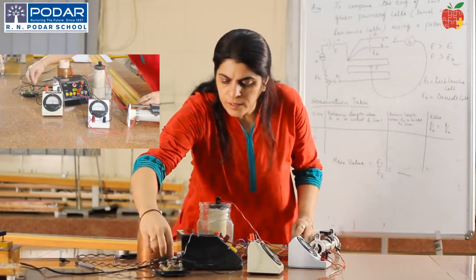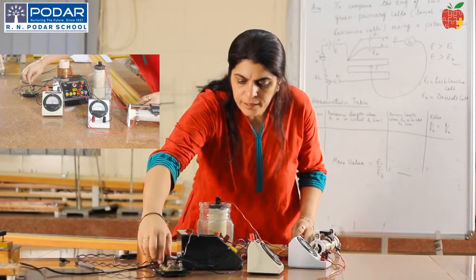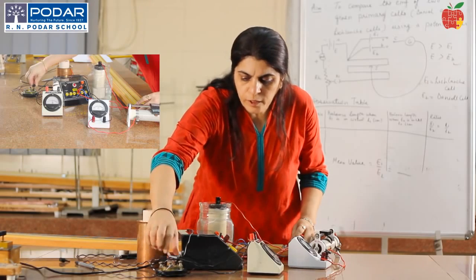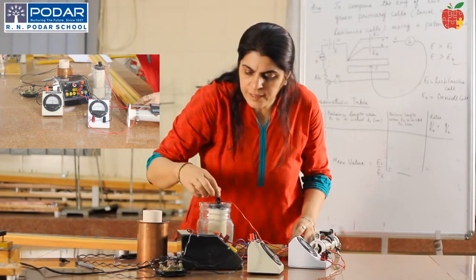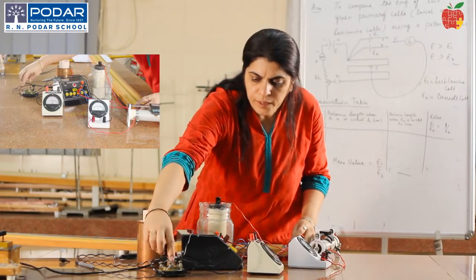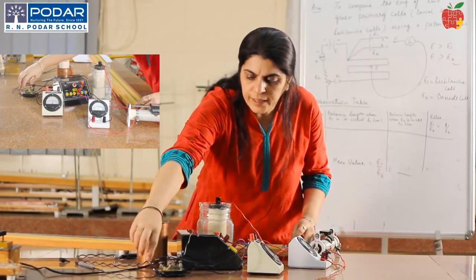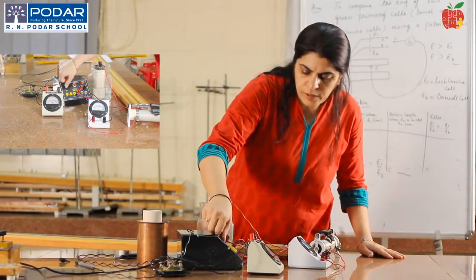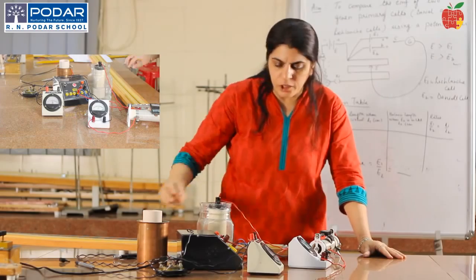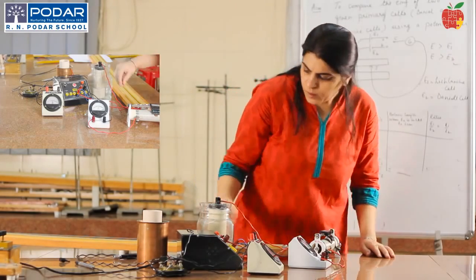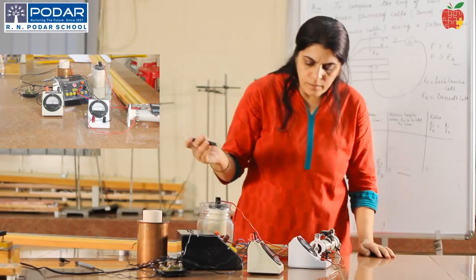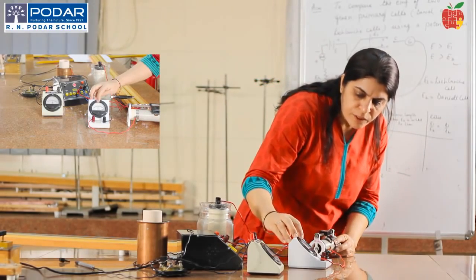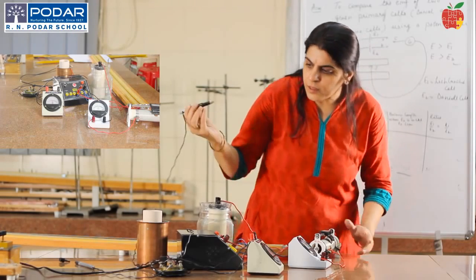And this is what? A two-way key. Can you see there's a connection here? If I connect these 2 points, this is A, this is B, and this is C. So, when you connect between A and C, this Leclanché cell will be in circuit. When you connect between C and B, we see that the Daniell cell will be in circuit. So, now what we do is, we switch on this supply after making the connection according to the circuit diagram. Students, here this is a jockey. What I do is, with the help of the rheostat, I have adjusted the current to what? 150 milliampere. Okay. This is a jockey.